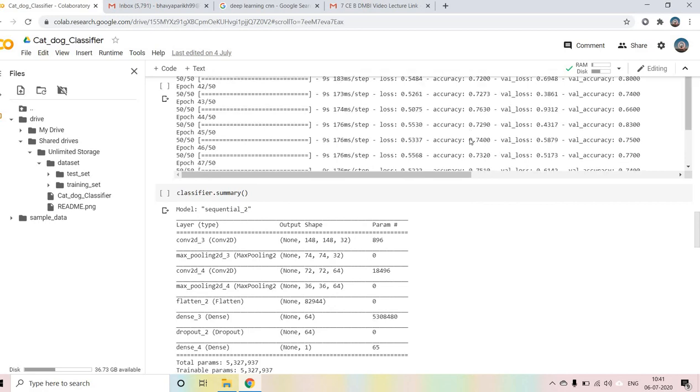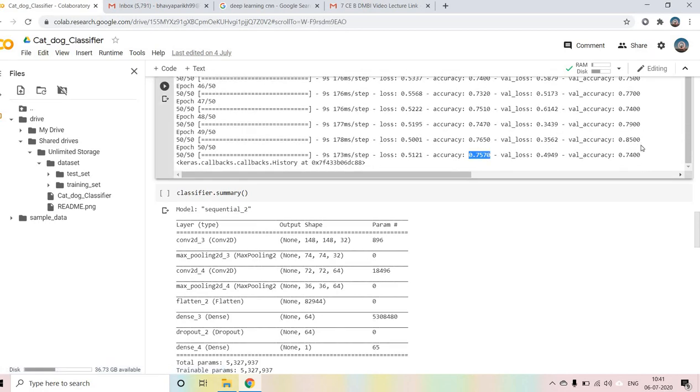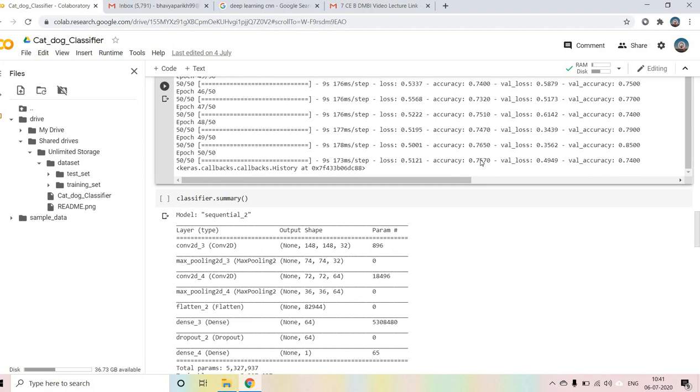Almost around the accuracy, I have to say this model is not overfitted. If your training accuracy is around 90% and your model is giving somewhere around 60 or 70%, then we can say your model is overfitted.